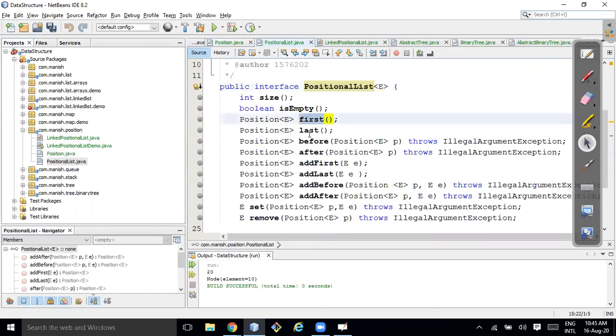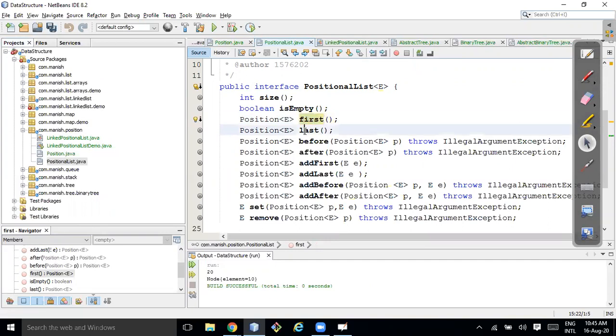So first, last: this is for stack. In the last only, people add and remove, right? So last and add last can be used for stack.